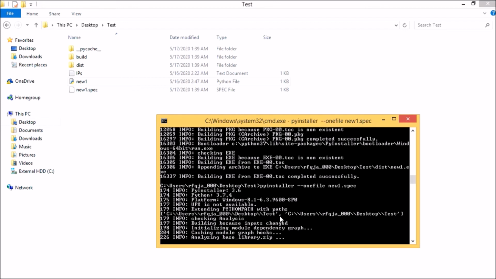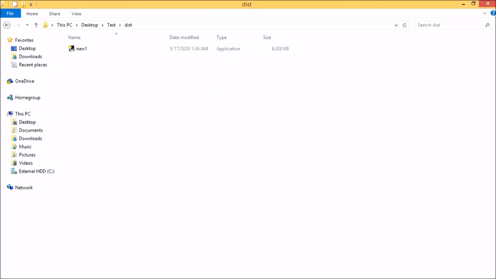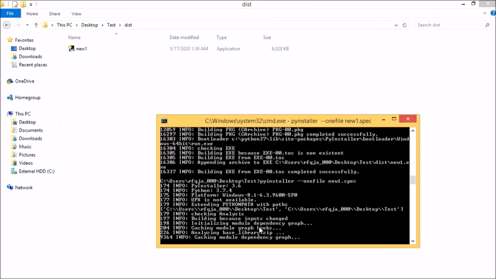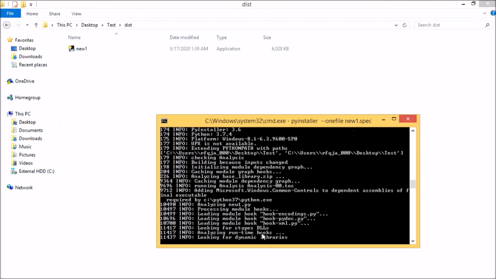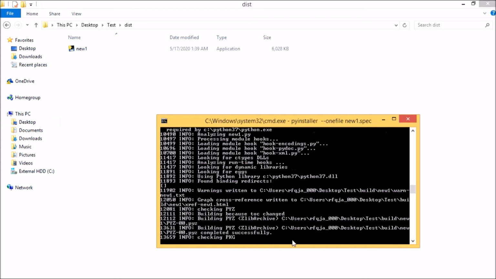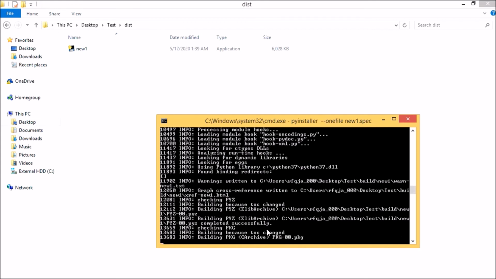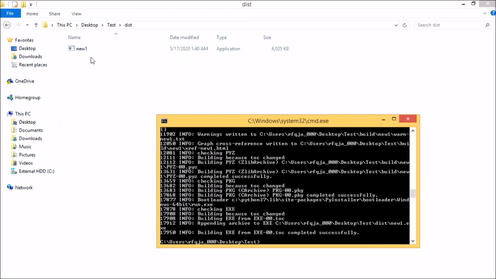You can see the system is running and it will create the dist file here. In this case it will overwrite it. See, it got overwritten here. So this is how you can build your program as an exe from a Python script file.